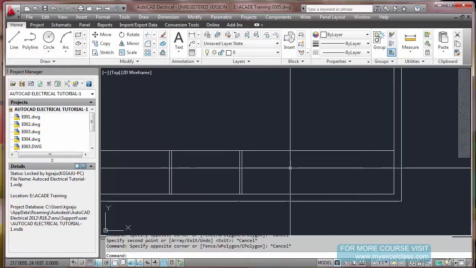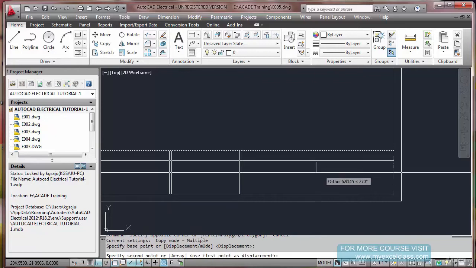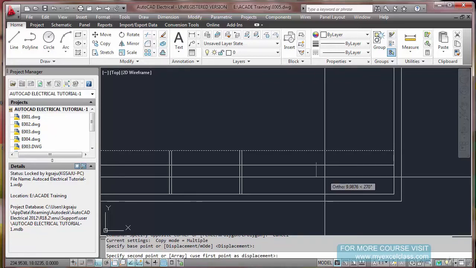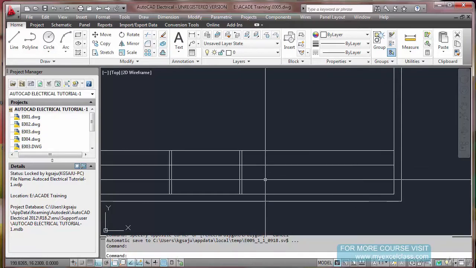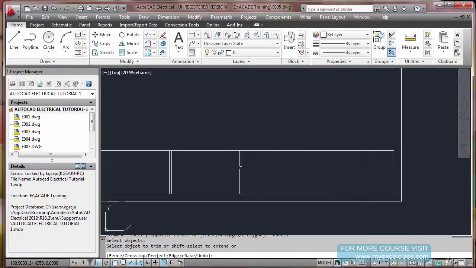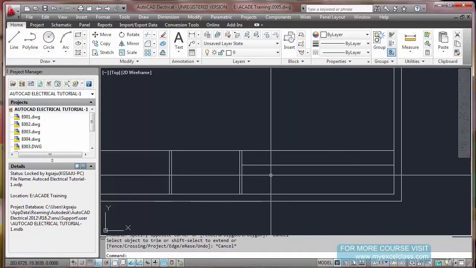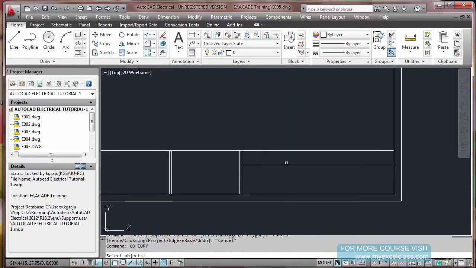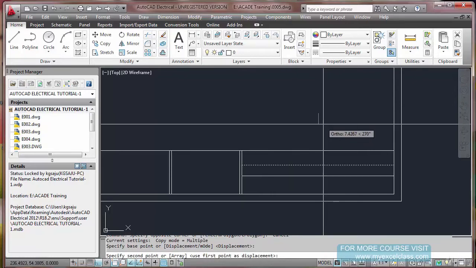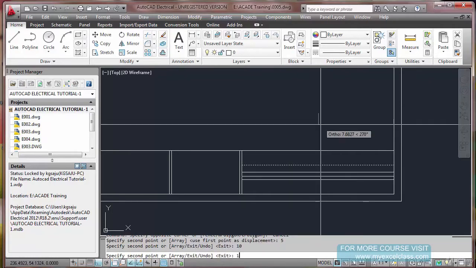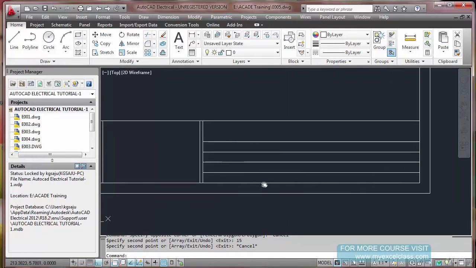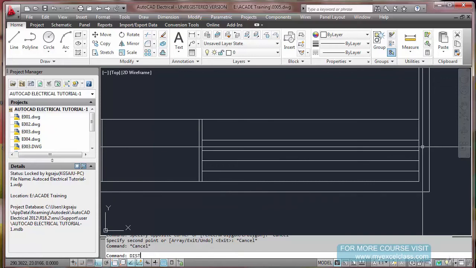What I want to draw here, I am providing a space for the title of this particular sheet. Let it be 10 mm. I'm going to trim this portion, right? 10 mm, and the rest I'm going to divide it like this. Fine. Distance 5 mm each.